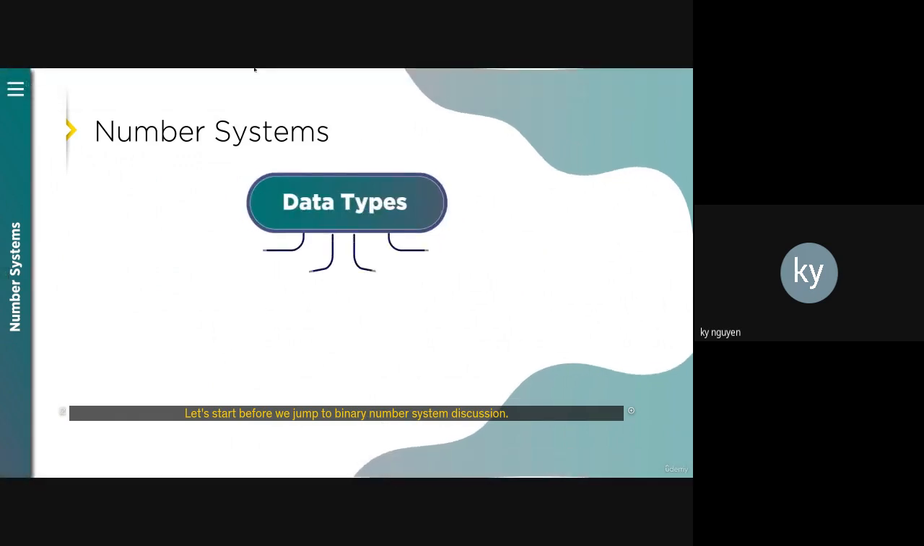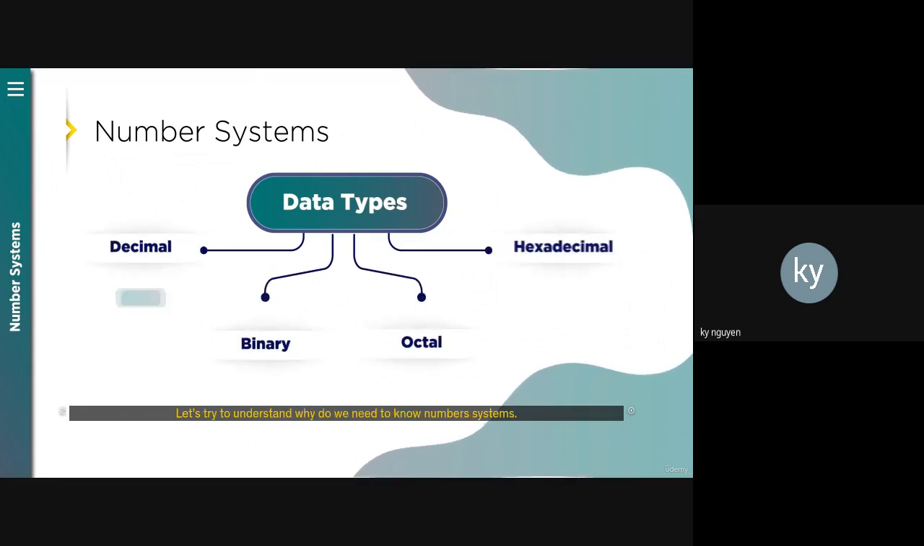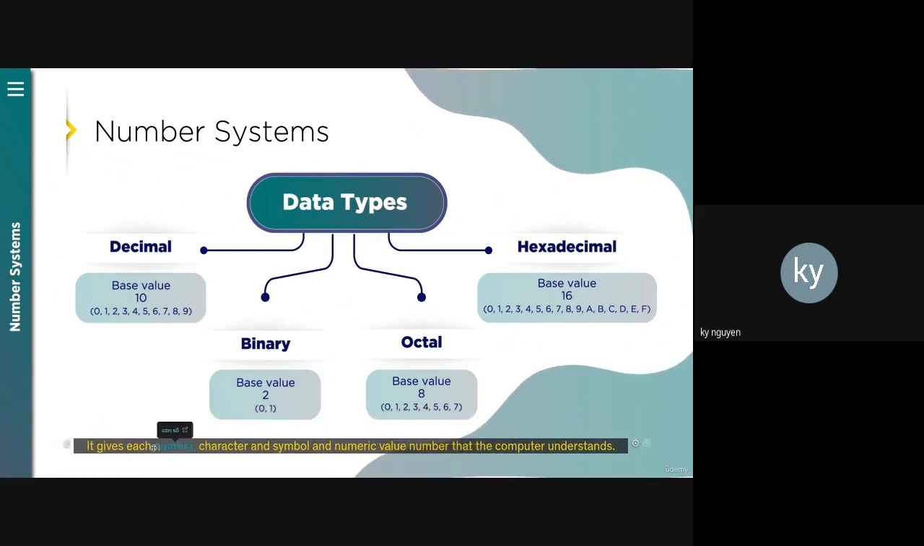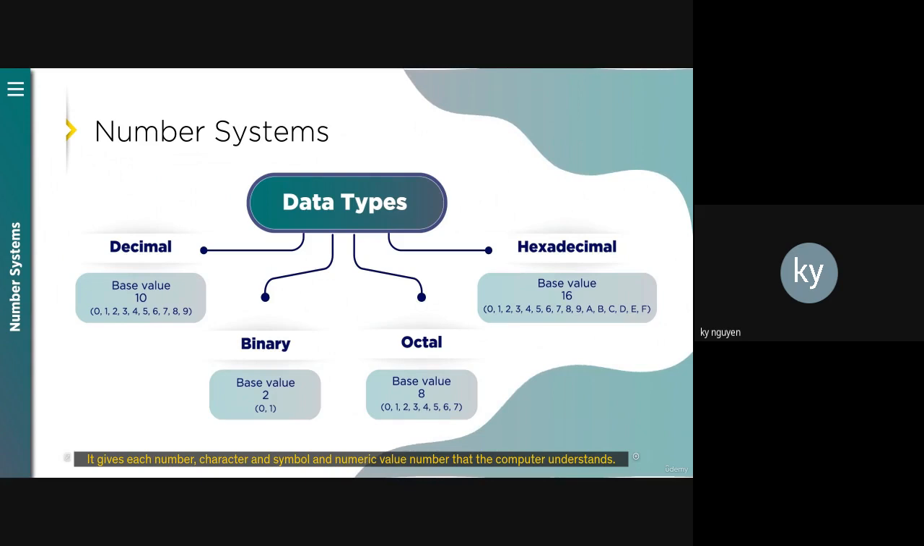Before we jump to the binary number system discussion, let's try to understand why we need to know number systems. The human language consists of words and characters. This type of data is not suitable for computers. When we enter data, the data is converted into electronic pulses. Each pulse is identified as a code, and the code is converted into numeric format. It gives each number, character, and symbol a numeric value,